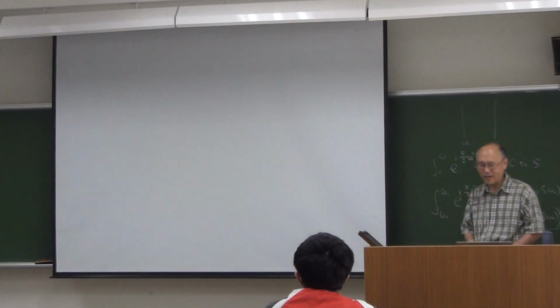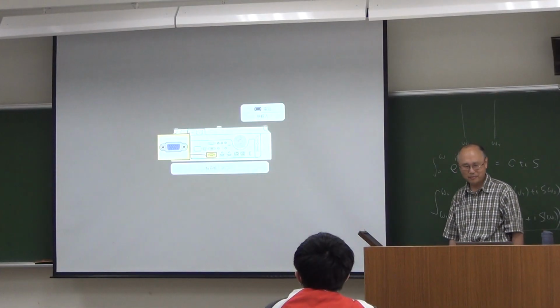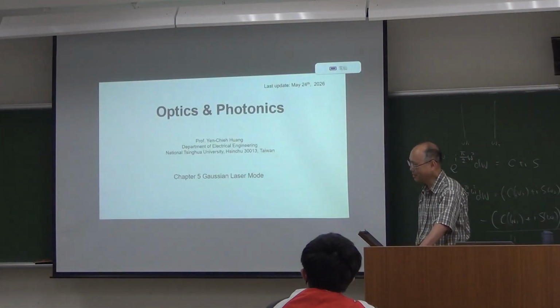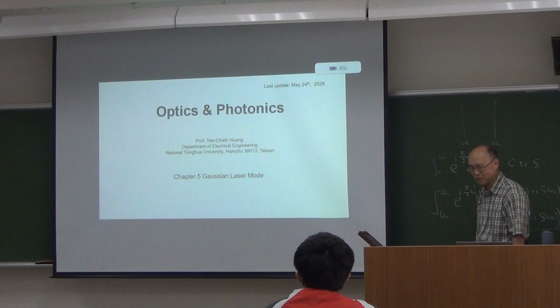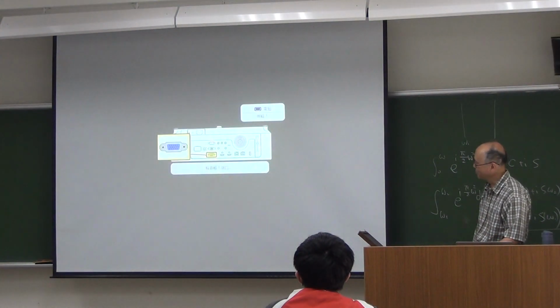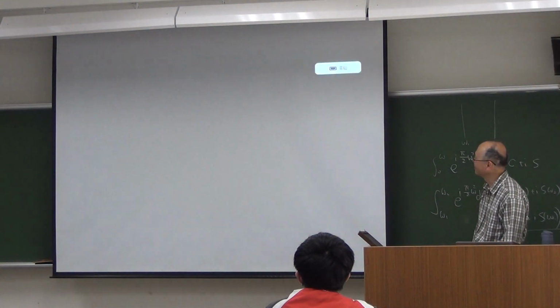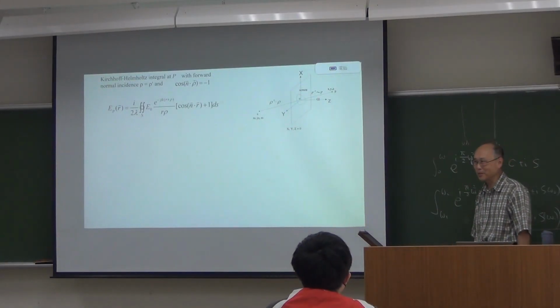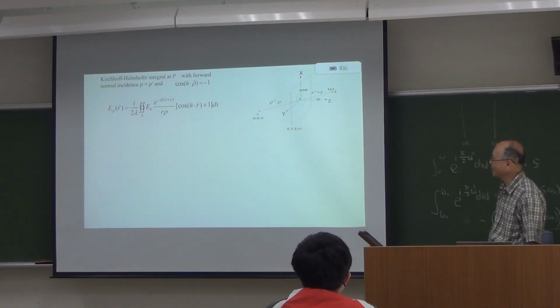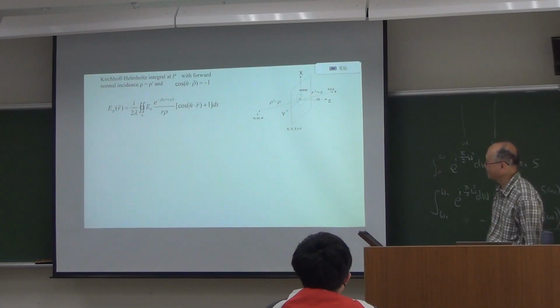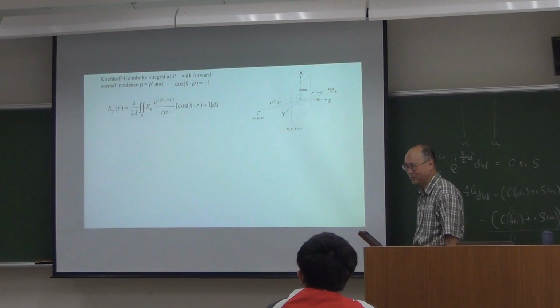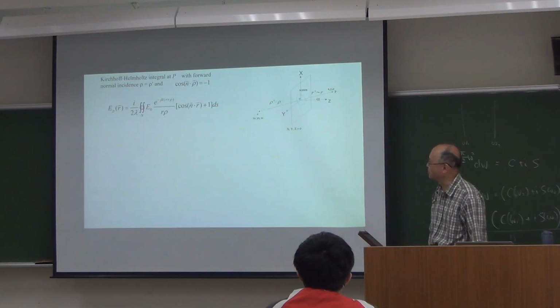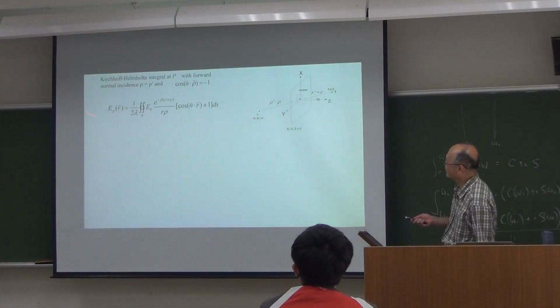But then eventually I need to involve the paraxial Helmholtz equation. So let's continue the Fourier diffraction a little bit, and then hopefully that we can start to see some formulas which will make sense to you. Okay. All right. So this is the